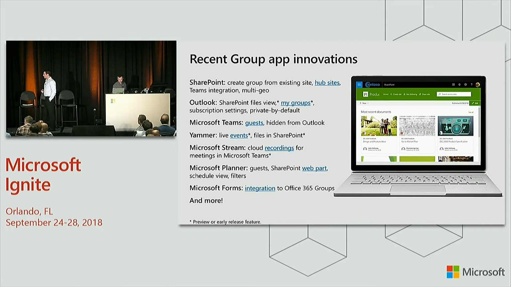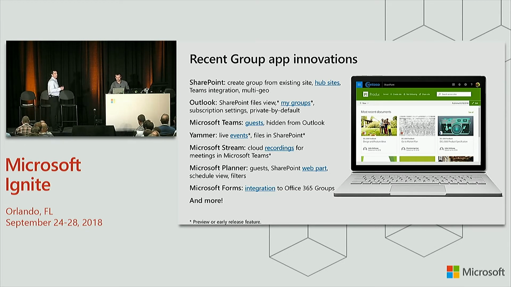Like Christoph mentioned, we're also extending the Groups ecosystem. The family's growing, and in the past year, we've announced new integrations like Microsoft Forms. This was probably the number one most highly requested feature in the Forms user voice. They wanted the ability for a form to be owned by a group. That way, if I create a form and then I send out a survey to my organization, I go on vacation for a couple of weeks, Christoph will have access to the results and he can start following up on all these analytics. So Forms is great.